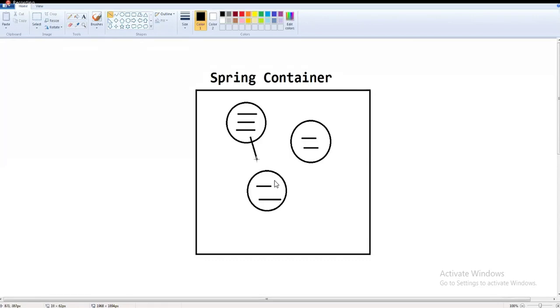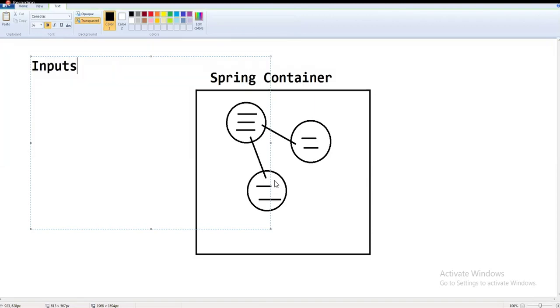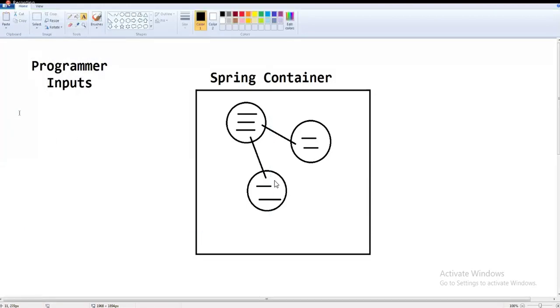And once the object is provided with data, it links the objects. That's the general work done by the Spring container. The Spring container says to the programmer, you need to provide some inputs.